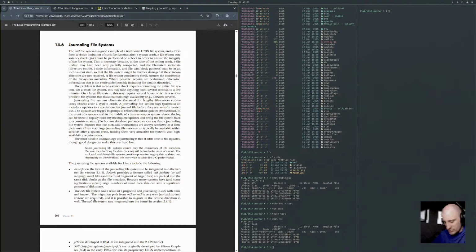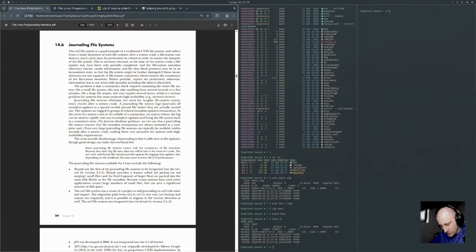A journaling file system logs (journals) all metadata updates to a specific on-disk journal file before they are actually carried out. The updates are logged in groups of related metadata updates, transactions. In the event of a system crash in the middle of a transaction, on system reboot, the log can be used to rapidly redo any incomplete updates and bring the file system back to a consistent state.